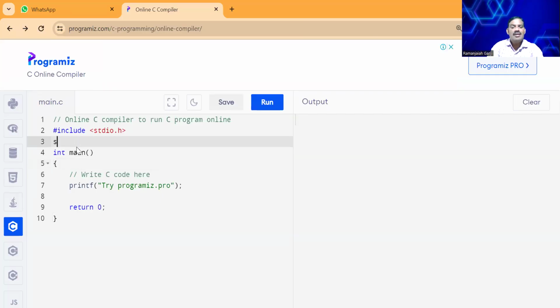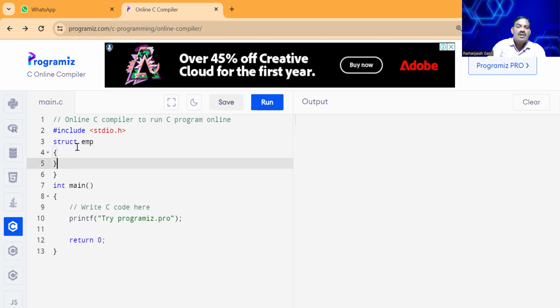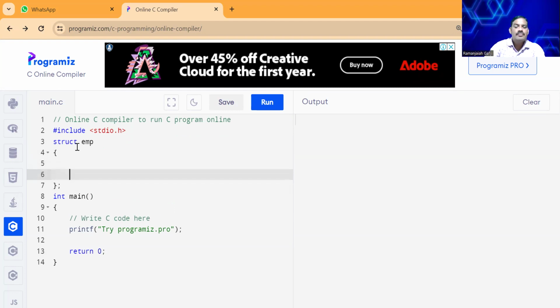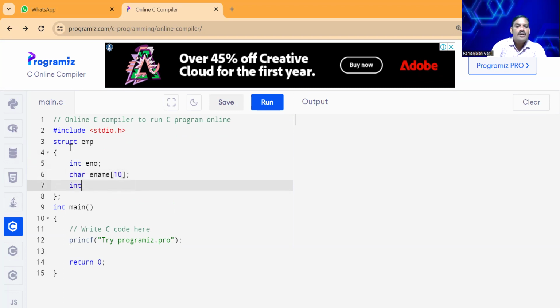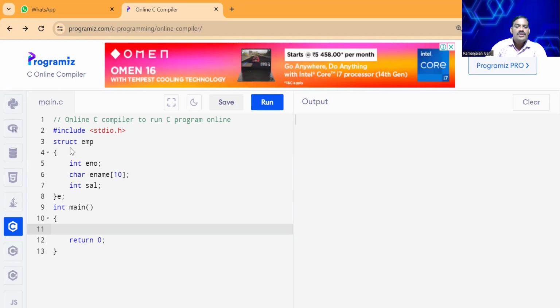Here I'm declaring a structure, struct employee. Structure needs to be opened and closed, ends with a semicolon. Here what we have, integer employee number, character employee name of 10, integer salary. You can declare a structure variable here, or you may write a structure variable here. So